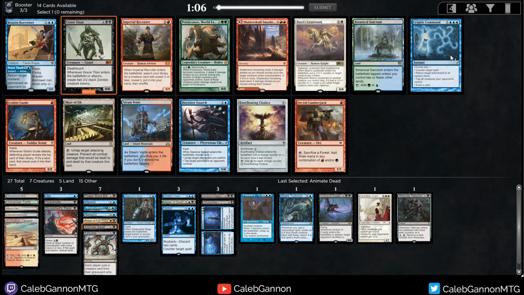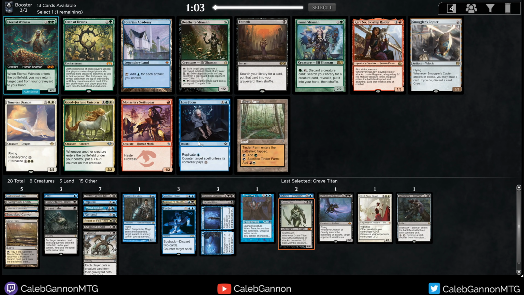Okay, there's a Grave Titan, Cryptic Command, Steam Vents does not let Marsh Flats get blue. Brazen Borrower? I think I have enough reanimation targets for now. I guess Grave Titan is just a good finisher. Yeah, I'll take Grave Titan and then I think